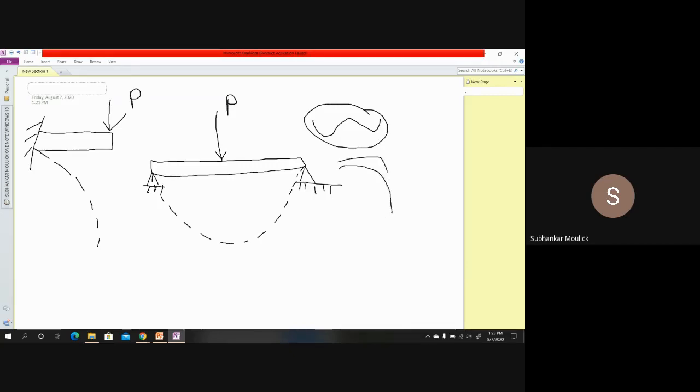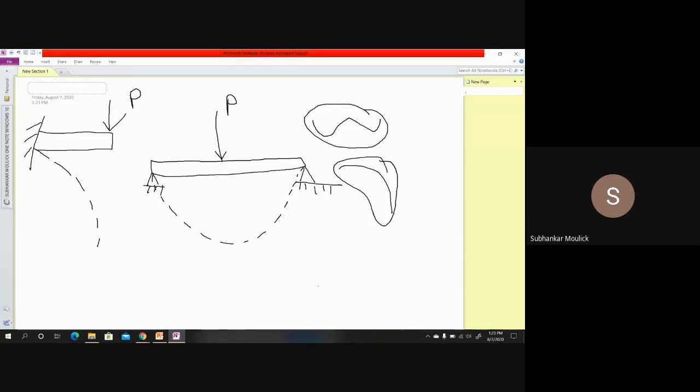Now this curve can satisfy a quadratic equation also. It can satisfy a cubic equation also. It can satisfy a higher order equation also. It can satisfy some tangential curve also, cosine curve also. I don't know. Fine. But what I know is that if I apply any external load on any static member,